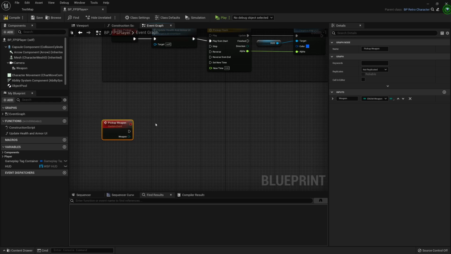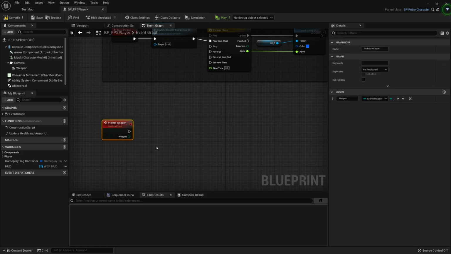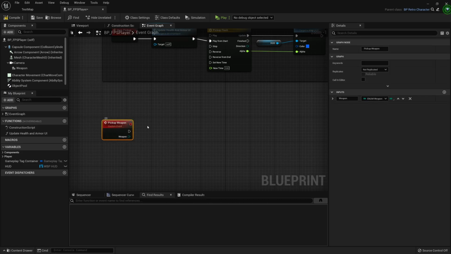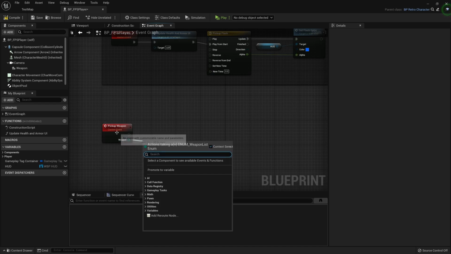And then if we already have these weapons, then it will just give us the ammo, and we can use that ammo in the gun that we already have. So we'll have to figure out what we're doing in terms of finding out what weapon we're picking up and how much ammo and all that. A good way to do this would be to create a data table. In that data table, we'll store all the information we need for each weapon. Then we can use this weapon name to search through the weapon table and find all the relevant information.